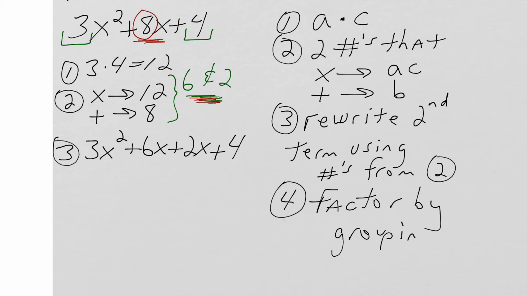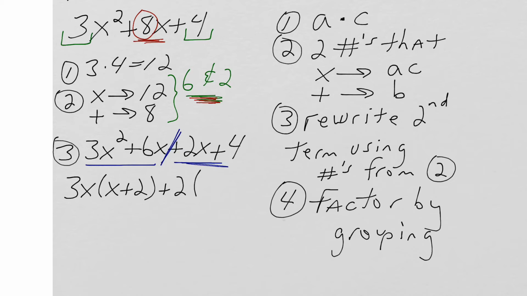Factor by grouping. And the way that works is to simply take the 4-term polynomial, split it down the middle, alright, so that you got 2 terms on the left and 2 terms on the right, and then look at the first 2 terms and try to factor those. Here we can factor out a 3x, which leaves x plus 2. Then try to factor the second 2 on their own, there we can pull out a positive 2, which leaves also